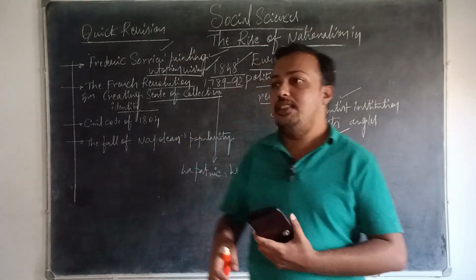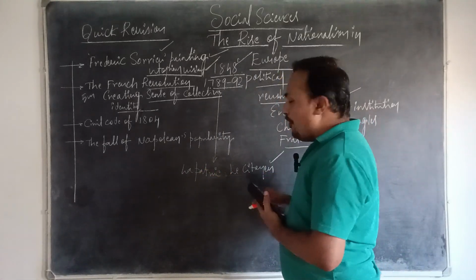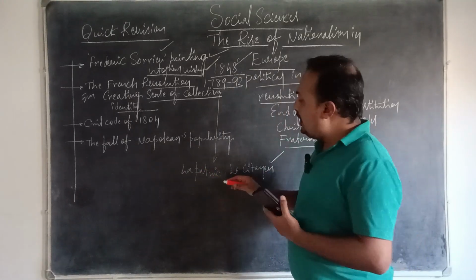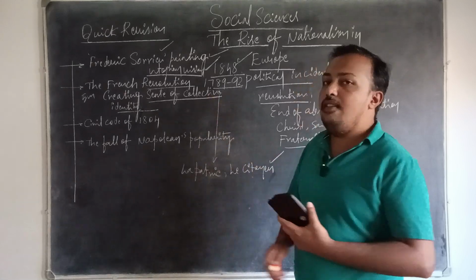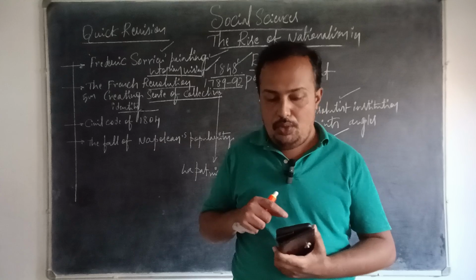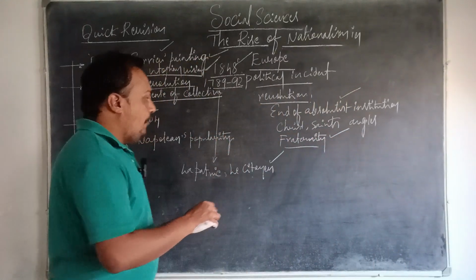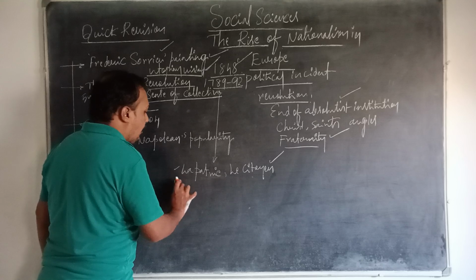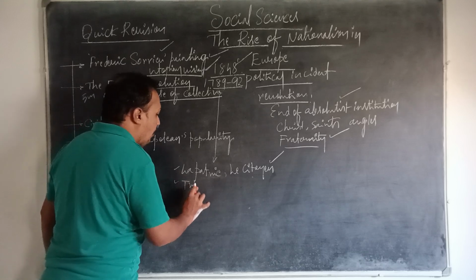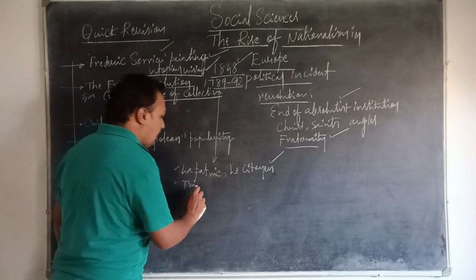So these ideas, la patrie, the fatherland, and les citoyens, that is the citizen, created the sense of collective identity among the French people during the French Revolution. And number two, it is the tricolor flag. So you all know the blue, red and white is the tricolor flag